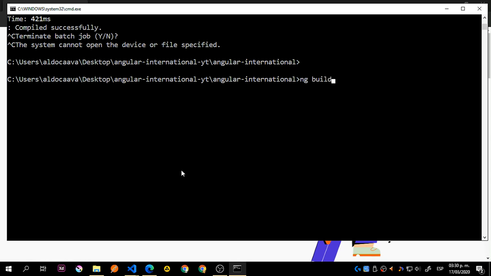You're going to say ng build configuration equals production, comma, es-419. So this should be able to run all the configurations or to build all the